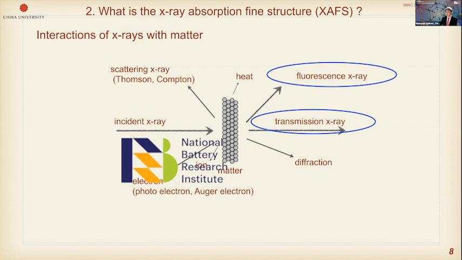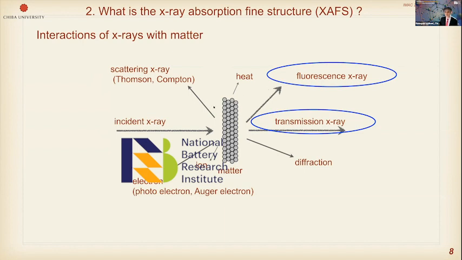Almost all of it is transmitted X-ray, and if the material has a regular structure, a long-range order structure, then diffracted X-ray is observed. Of course, fluorescence X-ray is also observed, and in some